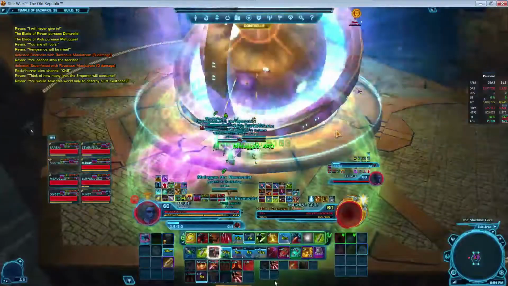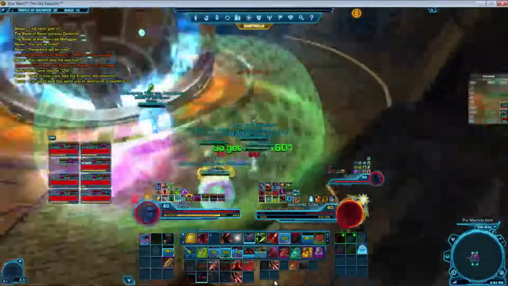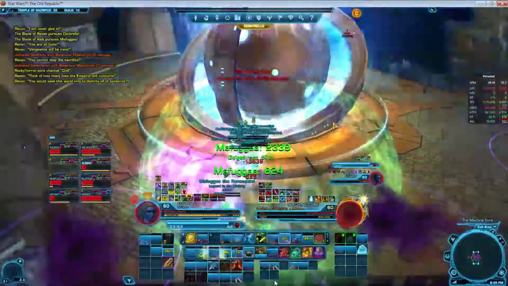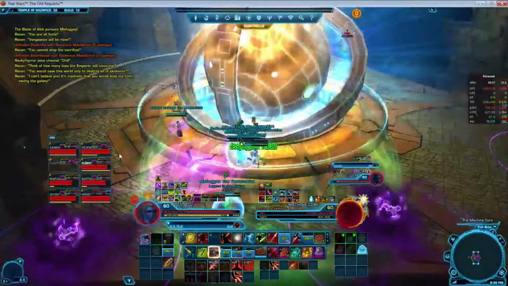And here we're under 30%, so we're going to get some major damage going. If you notice, I actually don't pop my adrenal pretty much this entire time. Definitely don't forget to do that. That's another mistake that I made. We're at about 70 stacks, which is the perfect time to use